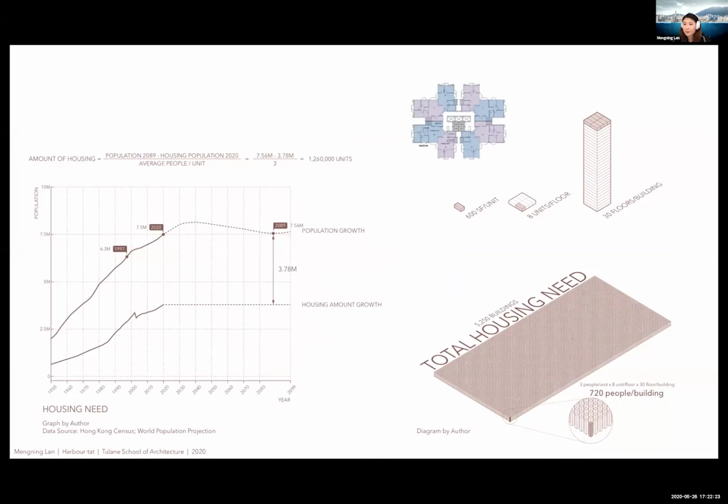Based on population growth and current housing amount, if we use average data of 3 people per unit, we will need at least 1.26 million units by the end of this century. And if we take a typical 30-floor residential high-rise as an example, 8 units per floor, we will need 5,250 high-rises to house everyone.